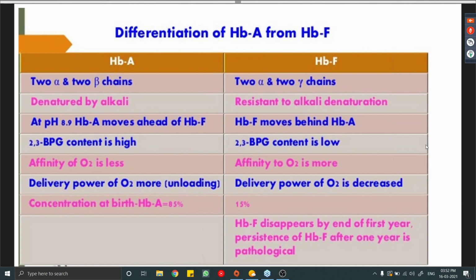It helps in reducing the delivery of oxygen to the tissue, because once carbon monoxide binds to one subunit of the tetramer, the rest of the structure gets converted to the relaxed form, leading to more affinity for oxygen, and less oxygen will be available for metabolism.